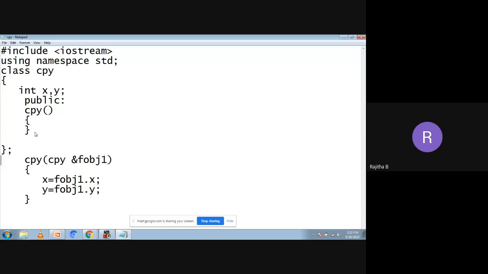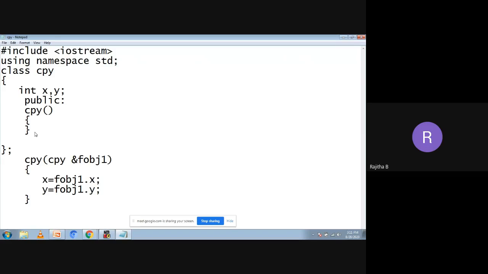What is the return type of constructor? Yes, Priya Reddy, the syntax is good. Correct. Tell me, what is the return type of constructor? Anyone? What is the return type of constructor? They do not have a return type. Yes, good, Prem Sai. So we do not have a return type for the constructor.